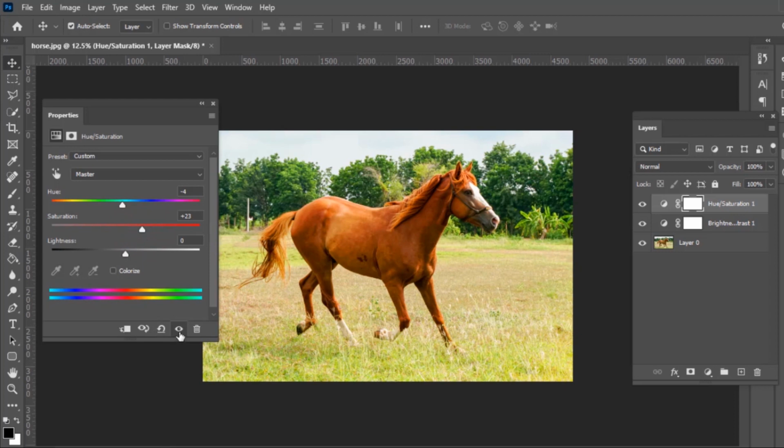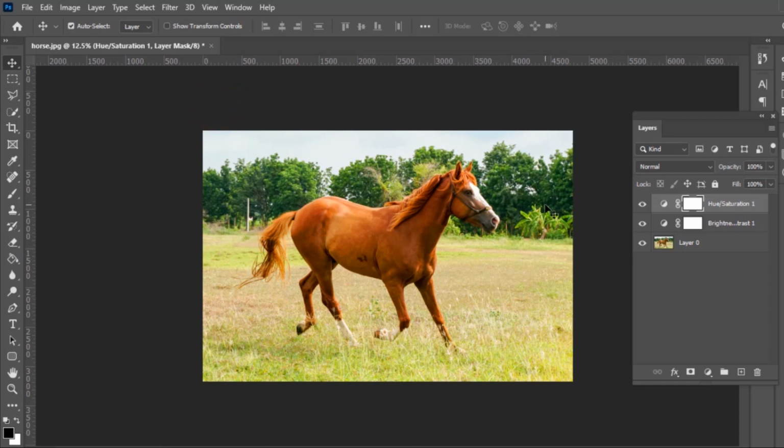Now let's look at before and after. Again, before and after, and it looks good. So once you're done, you can close that. Now let's say these colors are way too, these leaves are way too green and you want to tone that down. You can still come, as you can see, the adjustment